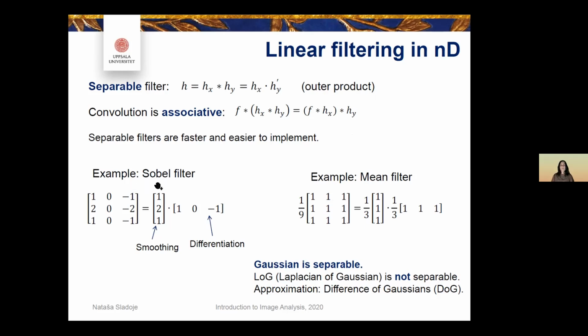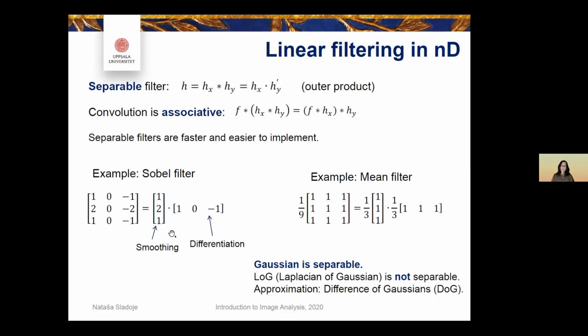So, some examples of separable filters and what this decomposition actually means. The Sobel filter that we discussed, used as an approximation of Gaussian derivative. One of the masks was defined as this filter here. What we can decompose it to is this product. This is called the outer product of these two vectors, so a vector times another vector transposed. And this matrix multiplication will actually result in this matrix,